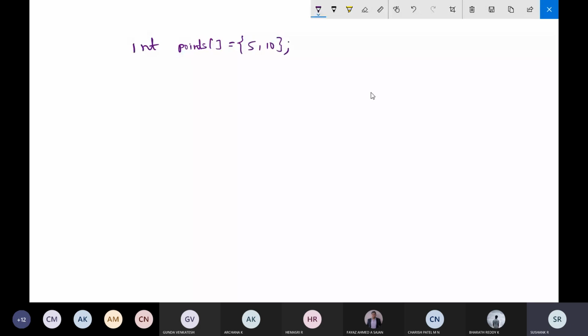So after this, I will write GL vertex 2 dimension, I for integer, V for vertices, and I'll pass this as a parameter. The name of that array is points. So this is also the same as GL vertex 2i 5 comma 10. The same thing. There is no difference with respect to this. So this is regarding the GL vertex function.